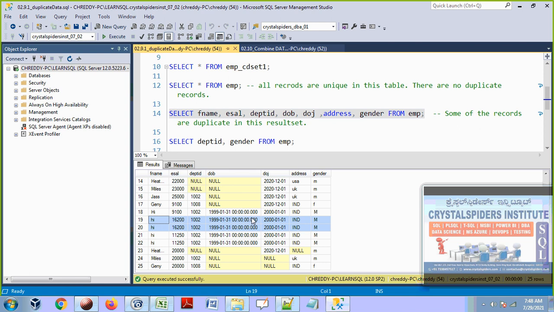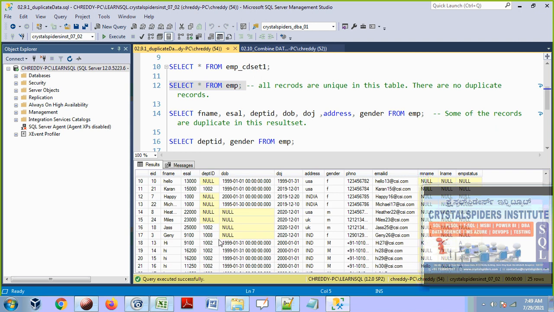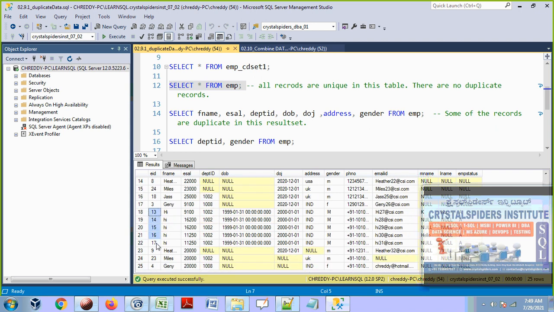Yes, sir, duplicate data is there. This is also accepted, guys. People will say this is also duplicate data. Sometimes people also consider this duplicate data. Okay, that is fine. I don't want to say this is not duplicate data in the result set, when we are talking about within this result set. But the same records in the employee table are not duplicate. If you check the employee table, the records you called duplicates have completely different employee IDs, different phone numbers, different email IDs. Then we can't say that these are duplicate records.